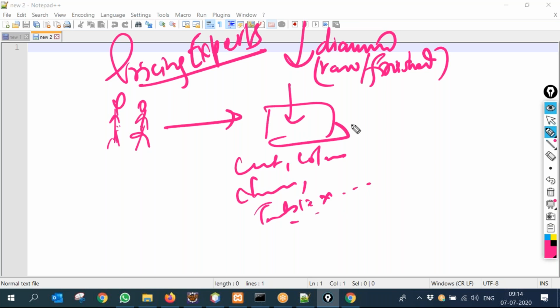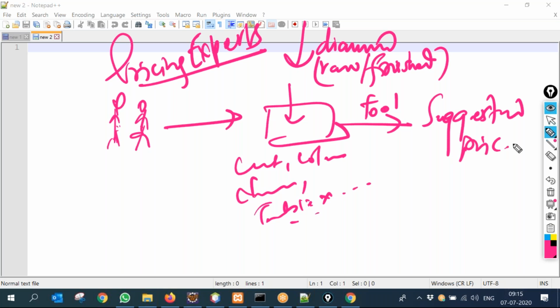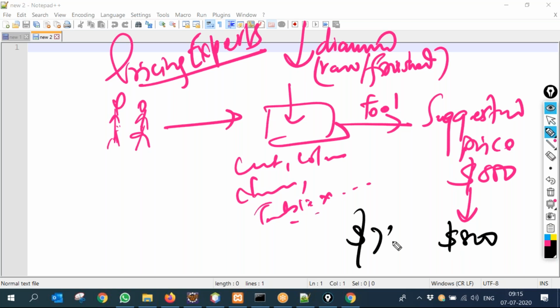They feed these into a tool, and this tool gives them a suggested price. Suppose the suggested price is $800. Now this expert has to decide whether it is 800 or something less or something more, depending on his own experience.